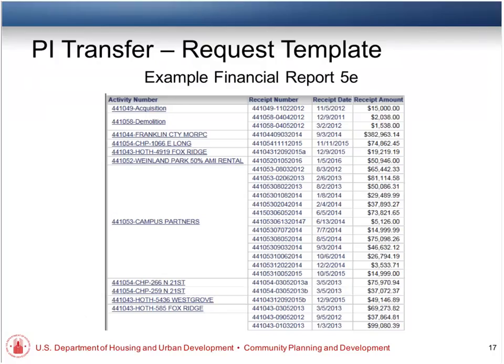So this report is going to be helpful to you in a number of ways. As I mentioned, you're going to use it so that you can figure out which receipts are going to be canceled or edited, so you'll need to pull it for that purpose. But if you pull it for that purpose, then you're going to have all your activities lined up right here. And whichever activities you're going to choose to transfer program income from, you're going to list those activities on your Attachment A. So this is a handy way to just pull those activities out once you've exported it into Excel.